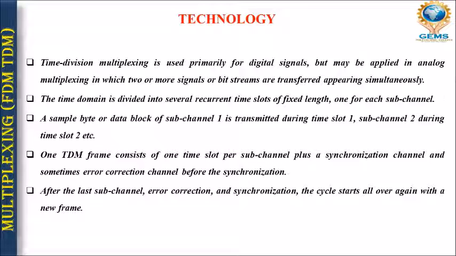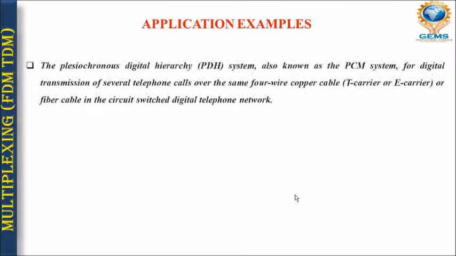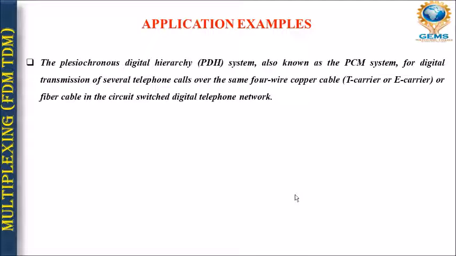Okay, and after the last sub channel, error correction and synchronization, the cycle starts all over again with a new frame. जब पहले फ्रेम का सारा एरर करेक्शन और एरर डिटेक्शन या उसका सिंक्रोनाइजेशन कंप्लीट हो जाता है, तो ही हमारा नेक्स्ट फ्रेम हम लोग भेजेंगे। अदरवाइज क्या हो जाएगा कि ट्रांसमिशन चैनल के अंदर फ्रेम्स आपस में कोलाइड करके वो टूट सकते हैं या वो डिस्टॉर्ट हो सकते हैं। So what are the good examples of this